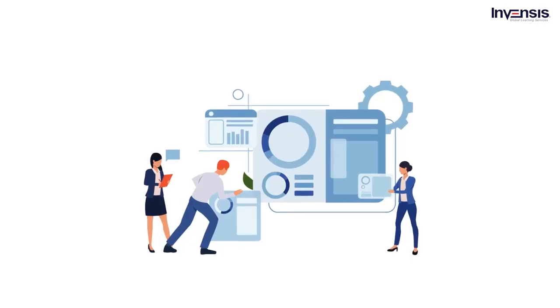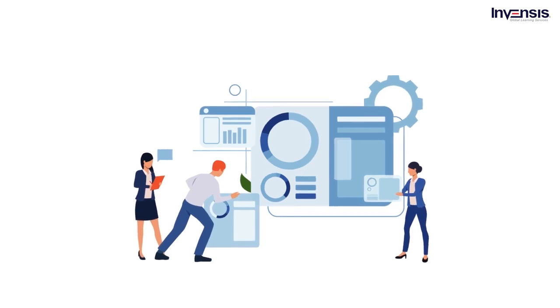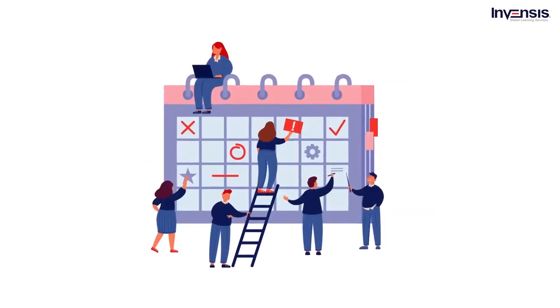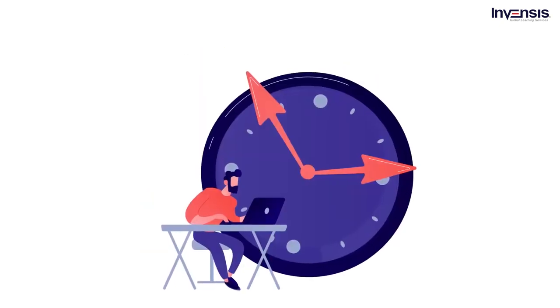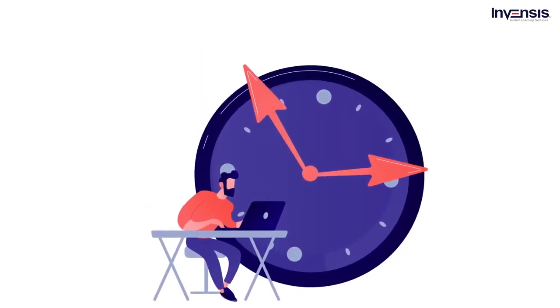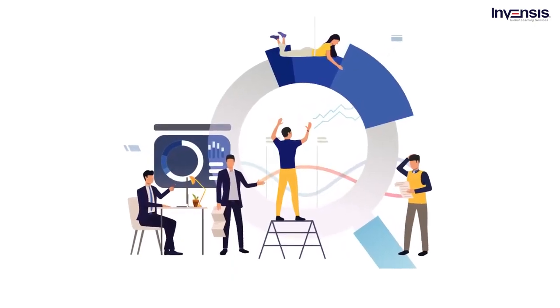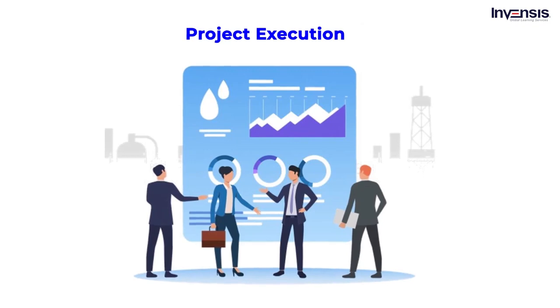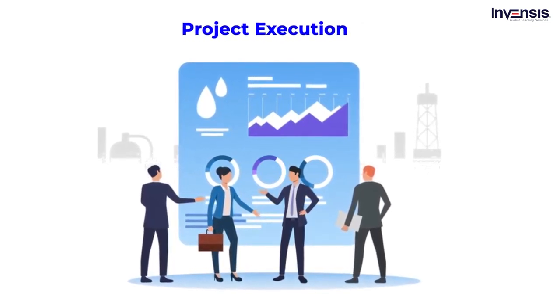Project execution is the stage of the project life cycle in which the work is completed, and the project plan is implemented. However, the planning and scheduling of a project is only the beginning. The majority of a project's time and effort is spent during its execution. As a result, in project management, execution is key. So, today let us have a detailed explanation of project execution and understand it in a broader context.